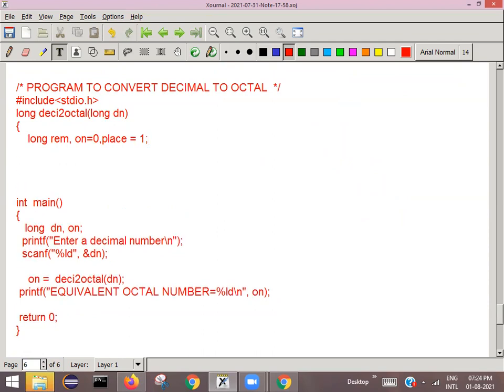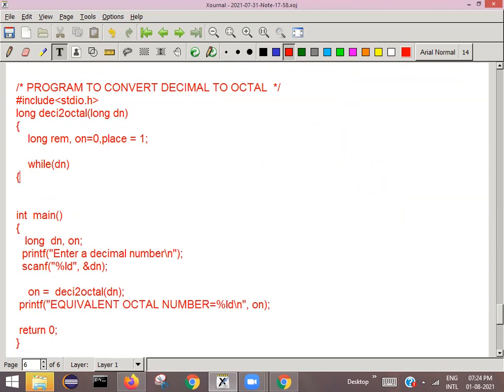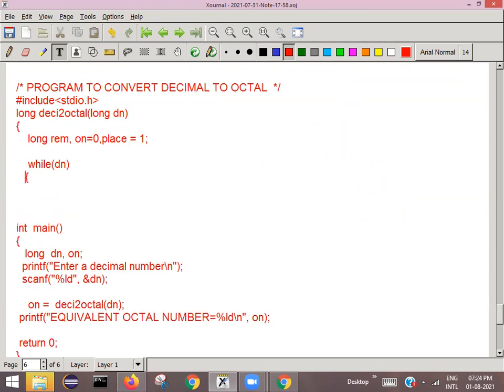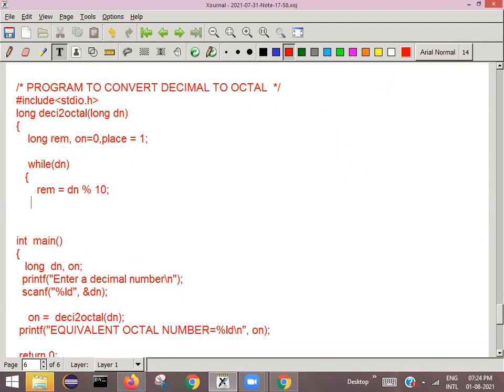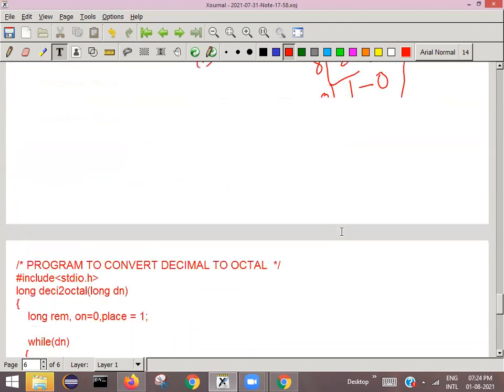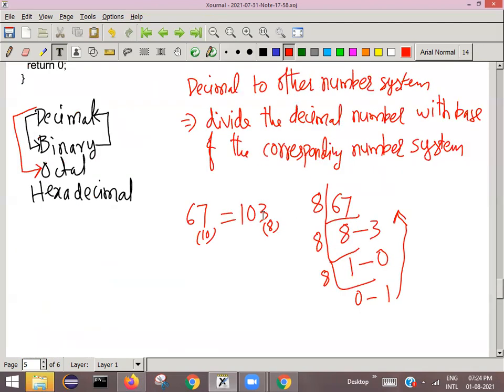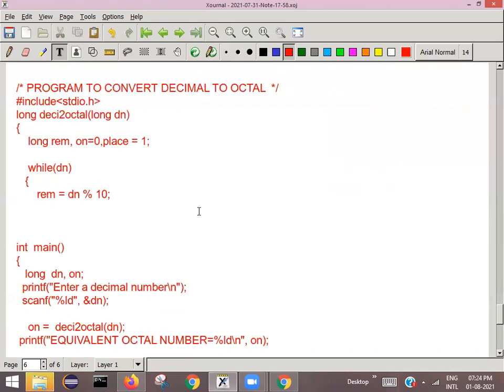Okay, right. So now you say while dn, decimal number, as long as the decimal number is not equal to 0. First get the reminder, first digit: reminder is equals to dn mod 10. That means first digit we got. Immediately you need to multiply this digit with the place value and add it to octal number.